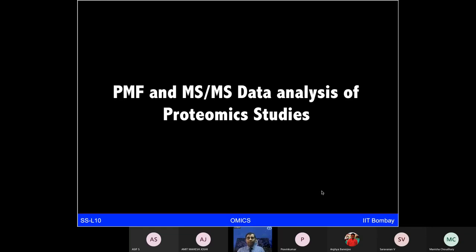So very briefly, I will show you one of the simple software which can be used for mass spectrometry data analysis, which is Mascot, which can be accessed at matrixscience.com. This is just very basic analysis, because if you are taking, let's say, from the SDS-PAGE gel, a few proteins of interest, which are the bands, and you want to analyze those, that will be a smaller data set. If you are taking a complex protein mixture, which has 5,000, 10,000 proteins, you need to do data analysis much differently.